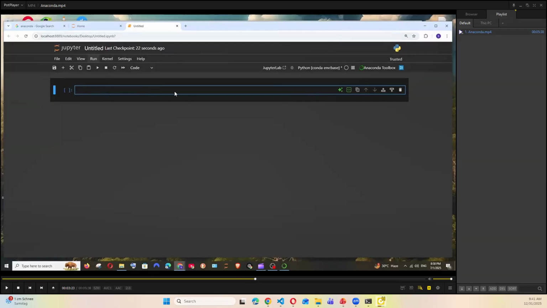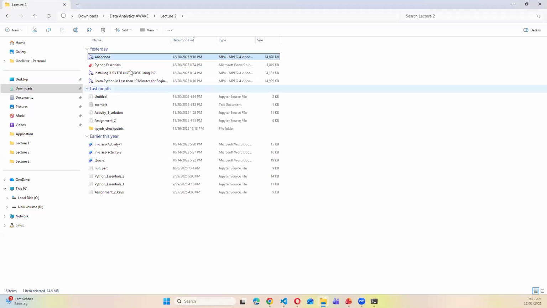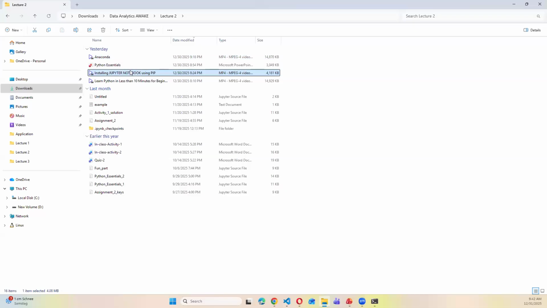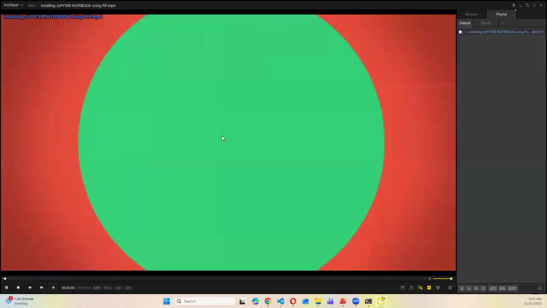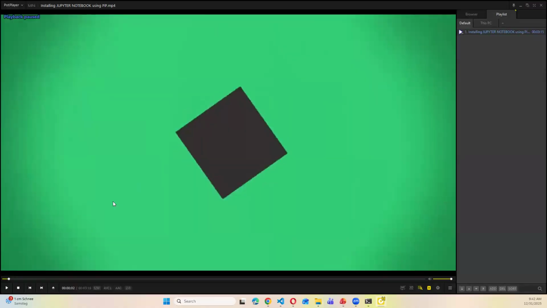Then you can write your code here. There is another way also, pip. With pip also you can do it, which you don't need Anaconda for. It's very easy, much easier compared to Anaconda or something. So you'll just go here. So you can see here.